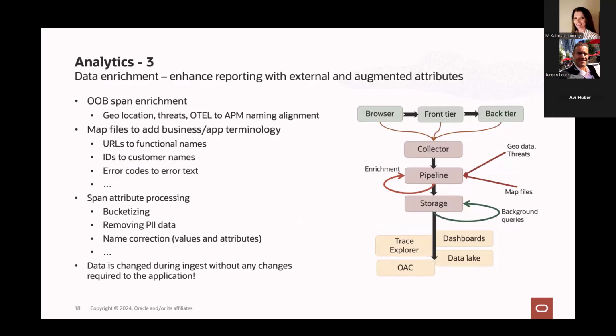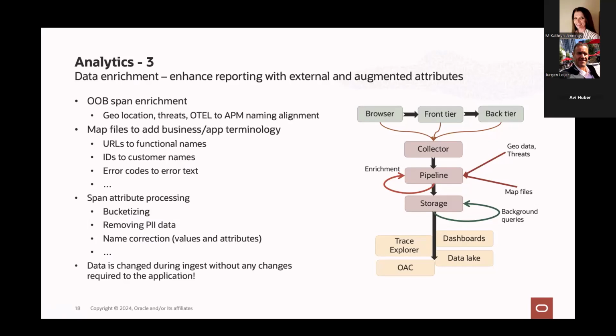If you have offices somewhere, they probably are on an internal IP subnet. You would know which location that would be, the office in Houston, the office in Seattle, but you would have to provide that data. And what we allow you to do in our processing is basically give us that additional data, whether it's geodata or threats or even a mapping file where we're saying, I've got this customer ID, but I know that customer is actually like a golden customer or a silver customer. You can provide those mapping files,